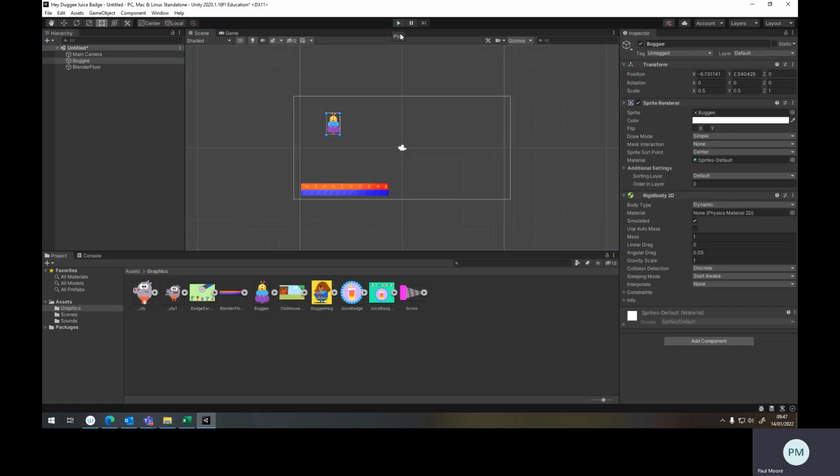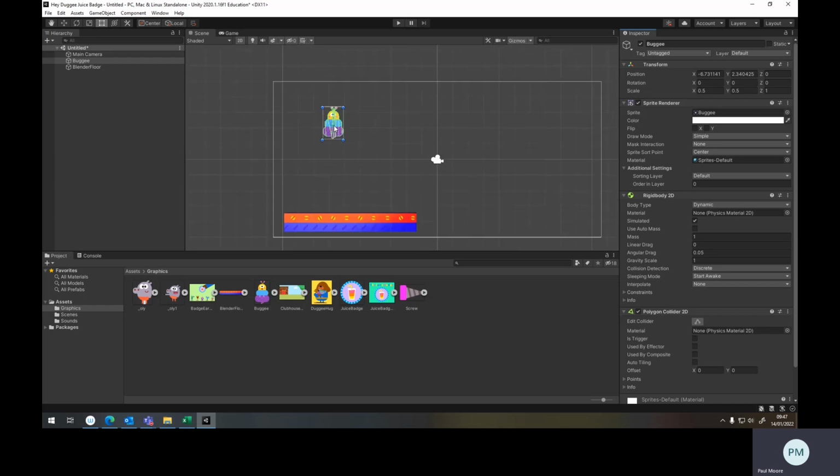So now that I'm out of play mode, I can add one extra property to my main character, and that is a collider. If I start typing in collider, you'll see that we come up with all sorts of different types of collider. Ours are 2D games, so anything that's got 2D at the end of its name is suitable. Basically, the different colliders provide us with a different shape around our character. As my character is not a regular shape, I will use my polygon collider,